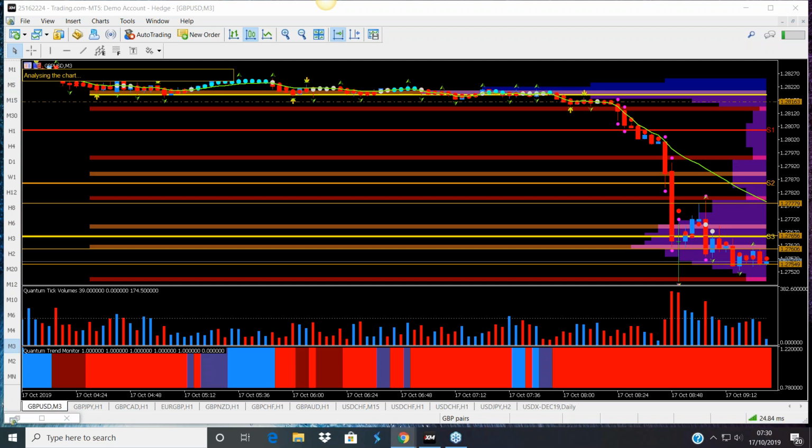The trend monitor then steps back, and the two of them work in combination. The function of the trend monitor is really to help keep you in positions as they develop. You get the inevitable congestion phases, inevitable reversals, but it's the trend monitor's function to help keep you in a position once you're in, purely because if you can do that, it is one of the hardest things to do in trading, probably the hardest, because our instinct is